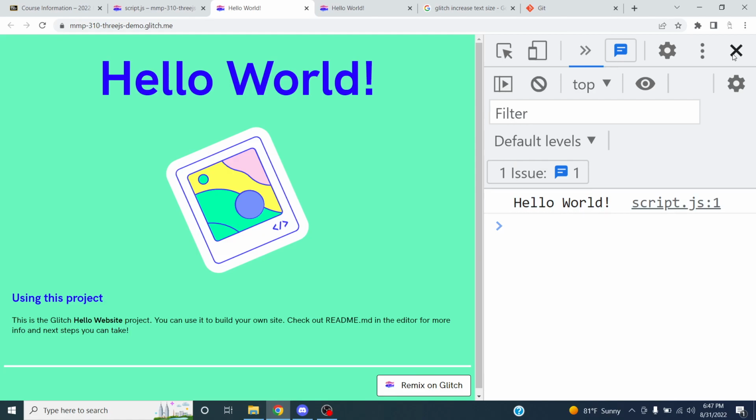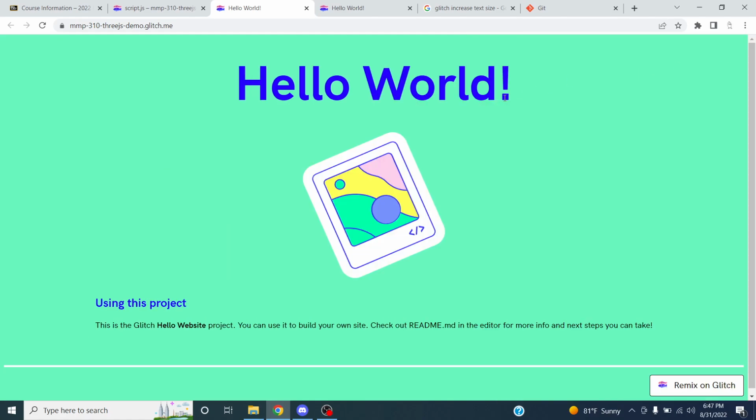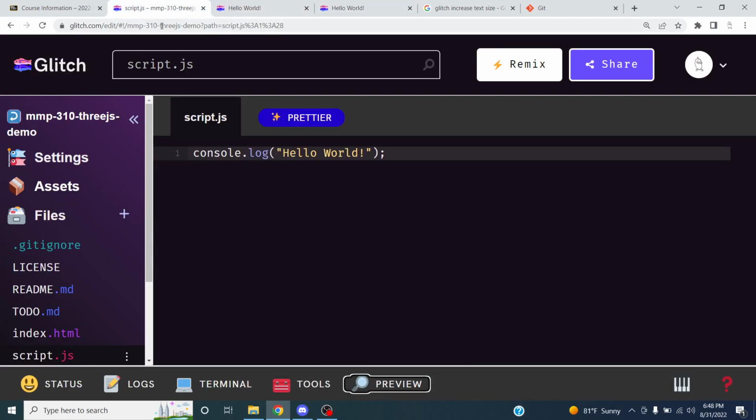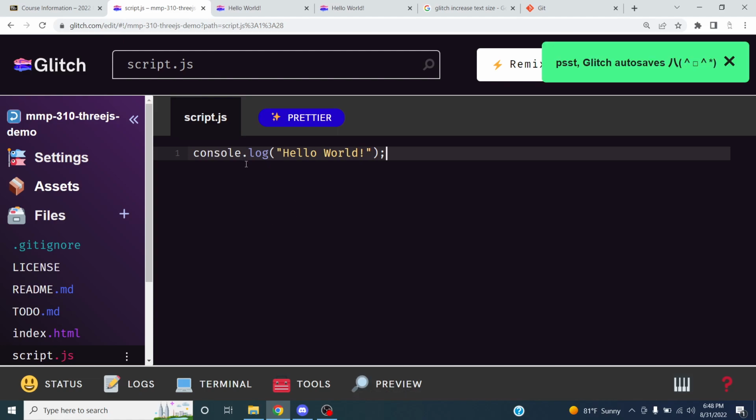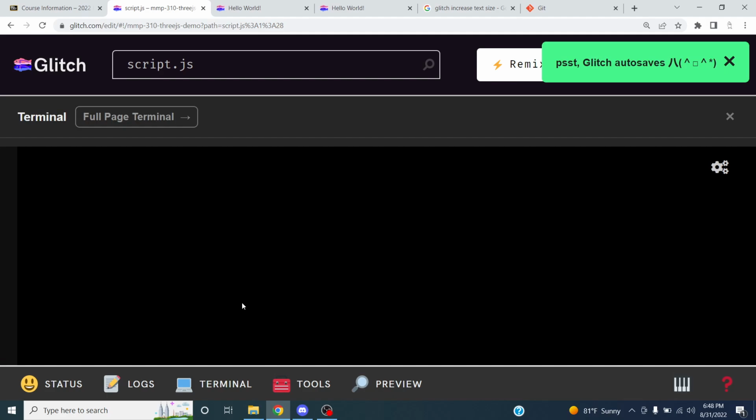And yeah, if you're on a Mac, you do Command Alt J to open the console. If you're not on Chrome, it's probably something else, but I don't remember right now, but I'm sure you can Google it. Anyway, now that we've made a change to our script, you're going to see when we go back to our terminal